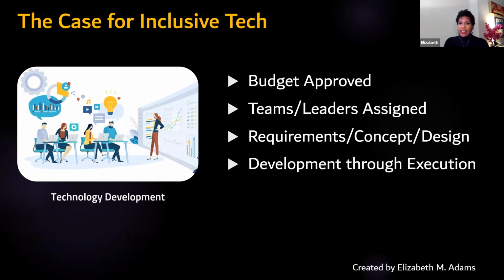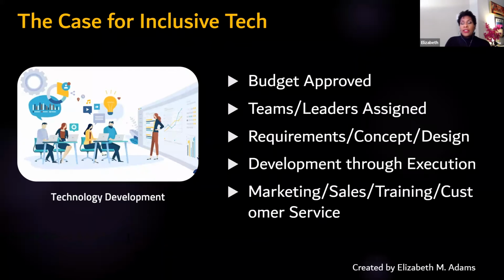And there are many hands that take place to help each particular part in the phase, in the life cycle, get to the next phase, whether you're talking about waterfall or agile methodology. But at this point, many decisions have happened, whether we're talking about technology developers going through systems testing, user testing, and then obtaining those results to determine whether or not you have the right product to go to market. But you're also involving additional stakeholders in the process. And at this point, this whole group has said, we have what we have to get to market.